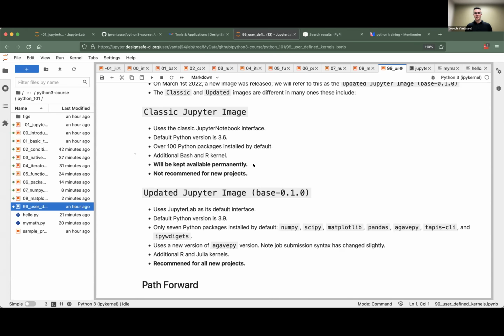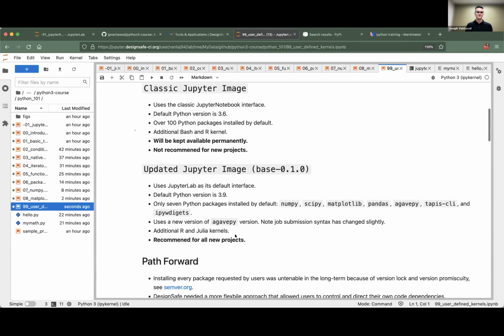This old image will be kept around permanently, but it's really not recommended for new projects. So if you're developing new scripts or you're doing new research, we really recommend that you use the updated Jupyter image. It's got a lot more functionality here for you. You have the Jupyter Lab interface, you have an updated Python interpreter, and we really have put a lot of effort into hopefully making a more user-friendly interface for you to do your research on